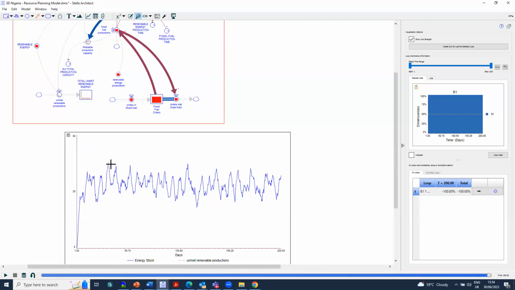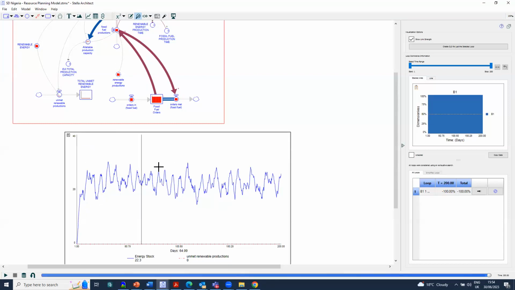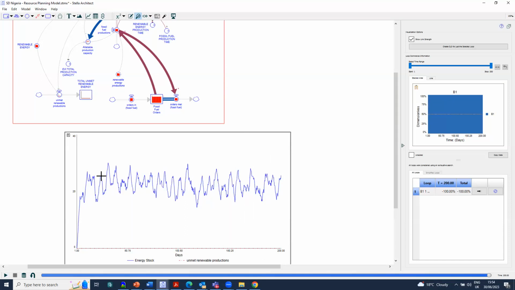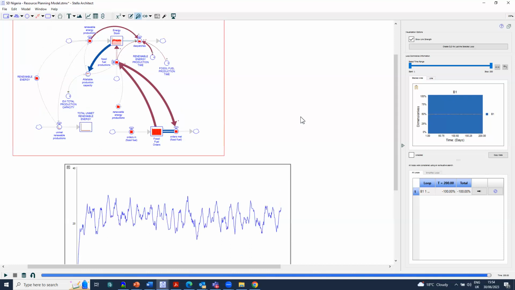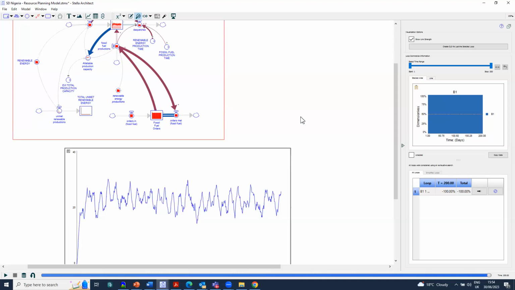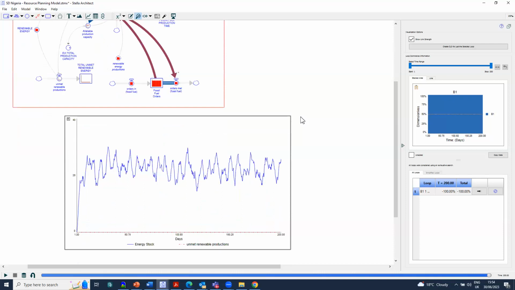You have a production capacity of 90, but your optimum output at any point in time is a maximum of 30. Can you see that? It doesn't matter what you do. You can increase your capacity to 300, nothing will change. So that's why some organizations kill themselves by just increasing their capacity without a market for it.